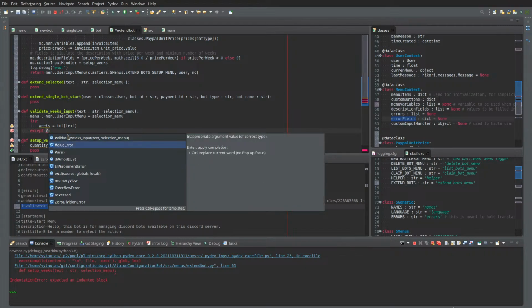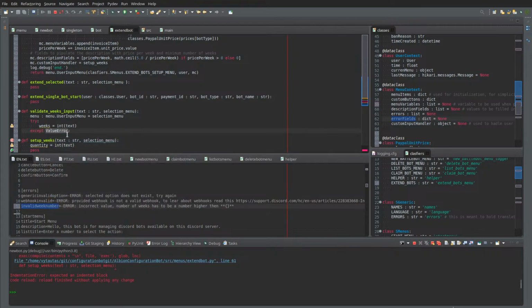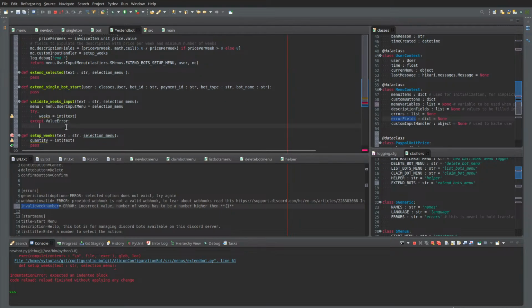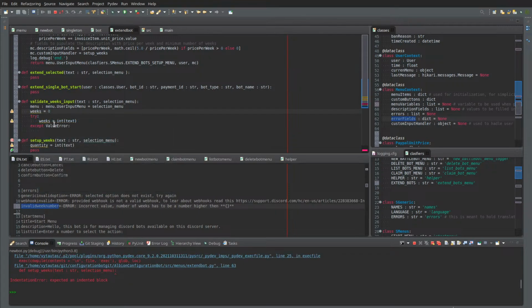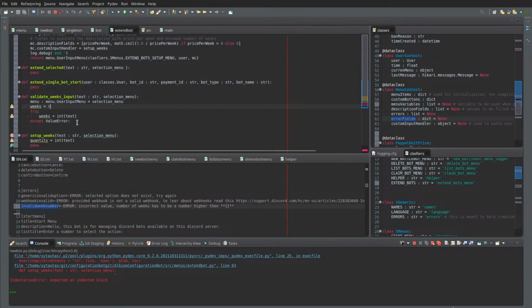Value error. I guess I can just assign weeks with 0. So I try to assign it a value. If it gets an exception,